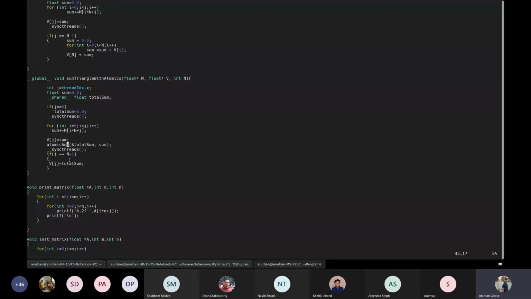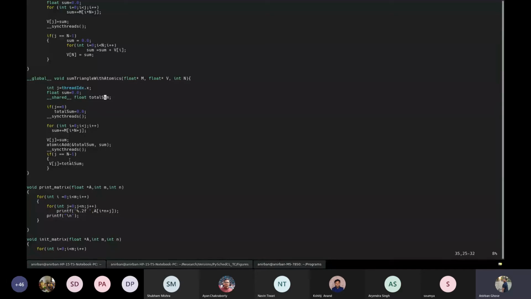All right. So if we have a look here, your float sum is actually a private variable for each thread responsible for calculating the column totals. And finally, this shared float total sum, so you can see the qualifier shared here. This is just to indicate that this is a variable that is essentially visible across all the threads in a block. That essentially means that updates to this particular variable shall be visible across all of the threads inside a CUDA thread block.